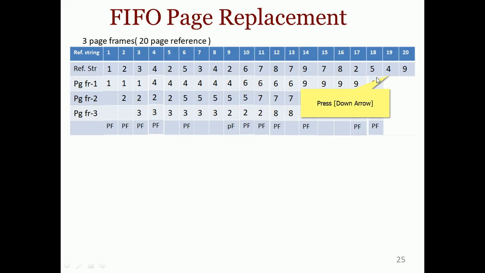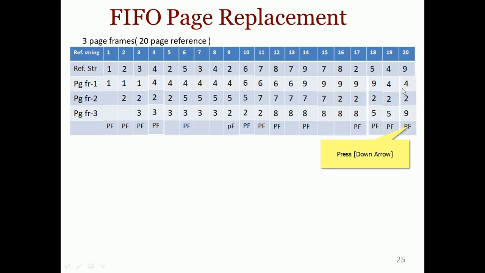Next, the 4th page is demanded. The 4th page is not available in memory, so we need to replace the oldest page, called 9. So 4 replaces 5. Next, the 9th page is demanded. We removed it just now, and again the demand is there, so we need to accommodate that 9th page, for which we replace the oldest page, called the second page. So page second is removed, that is 4 to 9. The 5th page is old, so that page needs to be removed.